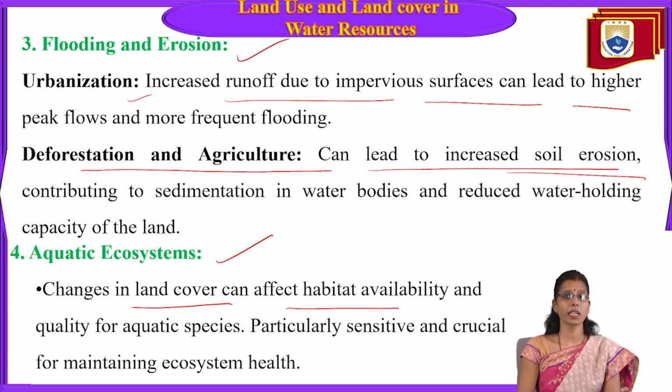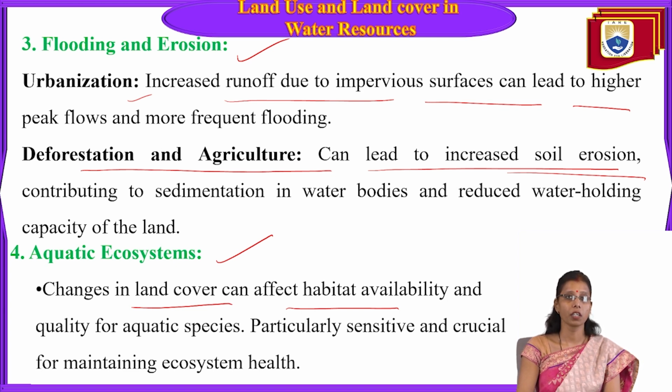So land use and land cover changes will affect the habitat of the aquatic ecosystem because, let us say, the fertilizers and whatever manures we are using in the field are totally flowed and go to the water body, which will affect the habitat and availability, and the ecosystem will be changed. So the quality of the species will change and it will affect the aquatic species, which are particularly sensitive and crucial for maintaining